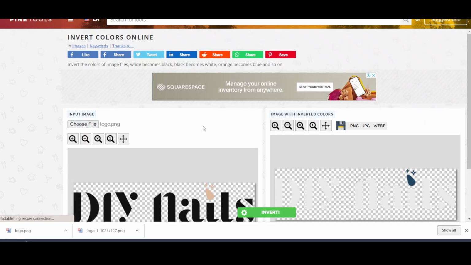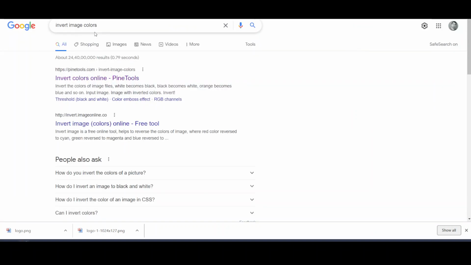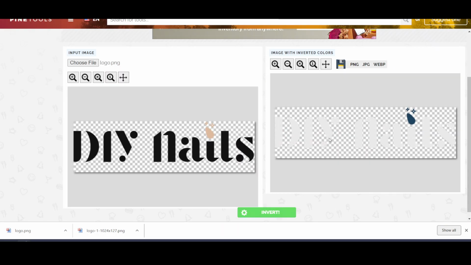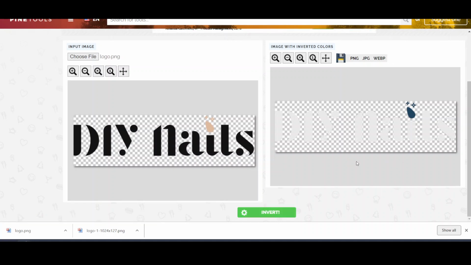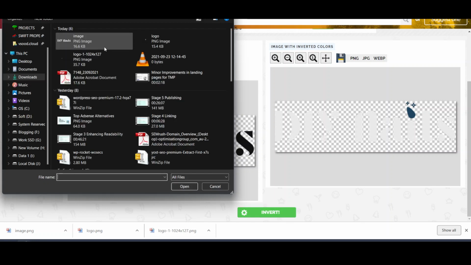So we have used this website, Pine Tools. I searched for invert image colors, and it gave me this option. This is the first site that I got. So we can invert the image colors using this. Now we can save it. Similarly, I can upload the other logo image and invert it.